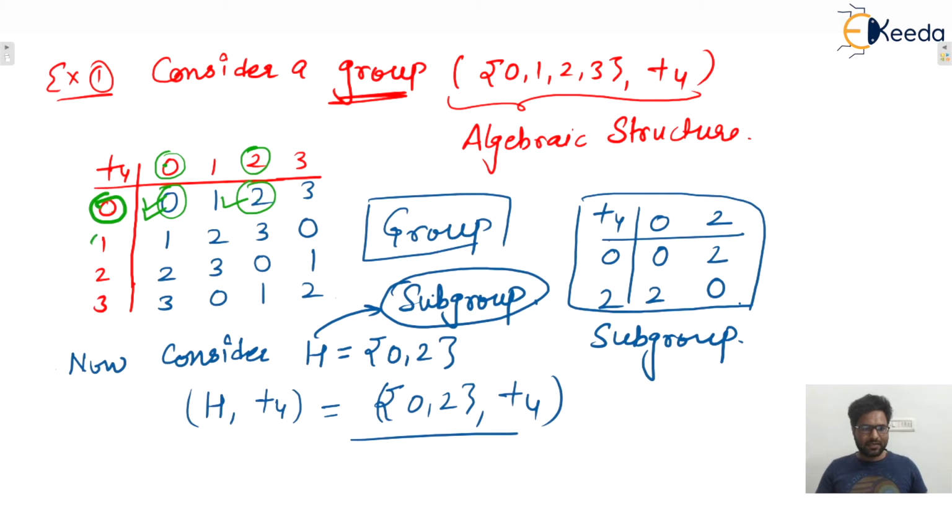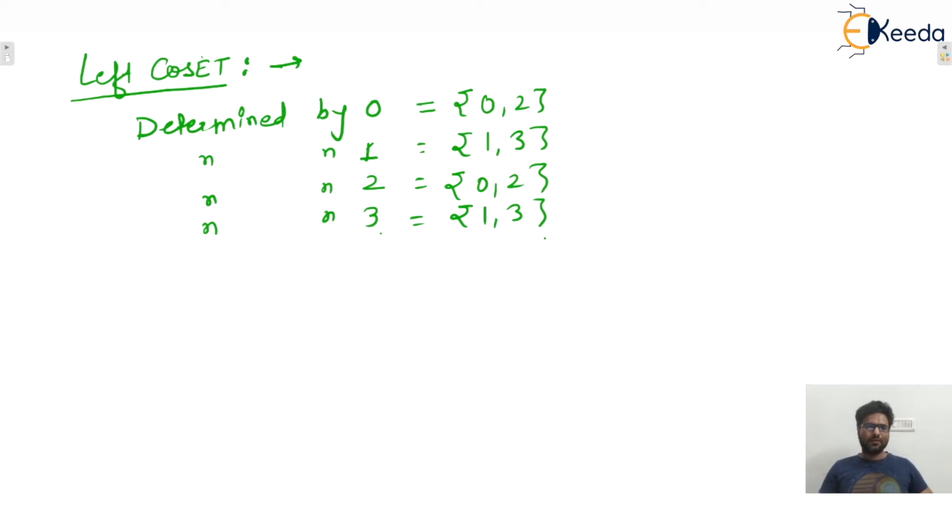Similarly for 1 we can check that it is 1 comma 3. For 2 it will be 2 comma 0, and for 3 it is 3 comma 1. I just wrote this one only. Right, these are the left cosets. Similarly we can find out the right cosets as well. Here also we can say that right cosets are determined by